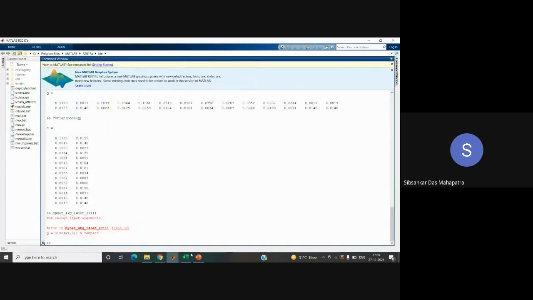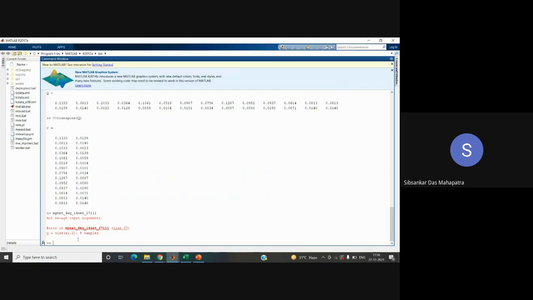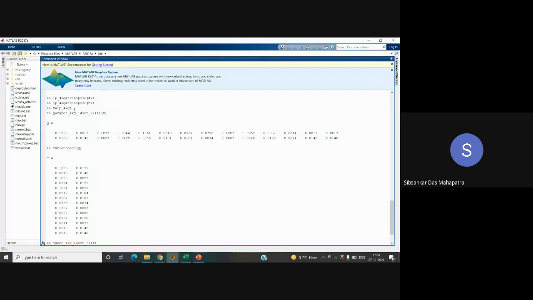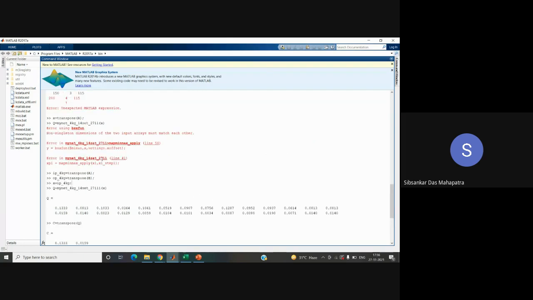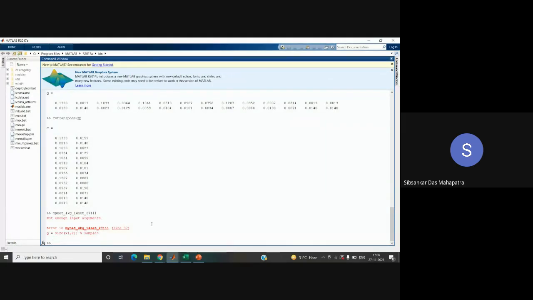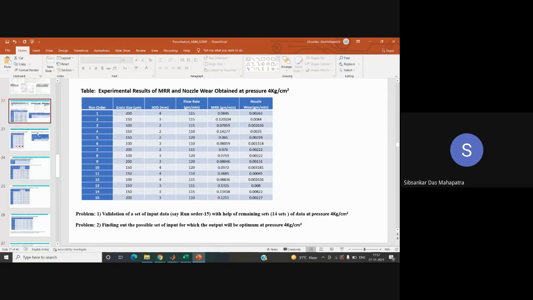Now what exactly do you have to solve? With that particular set given, whether the output is very close to this value and this value. So how to pass this value? You write here x equal to IP underscore 4 kg. That means you have passed all the input values, but here you have to pass only particular values. Try to relate with my PPT also. You have to pass only x equal to